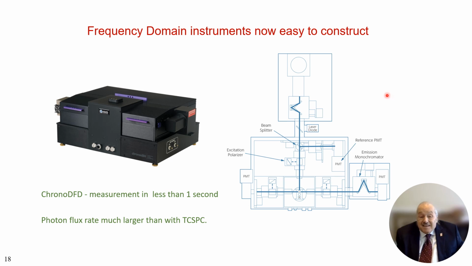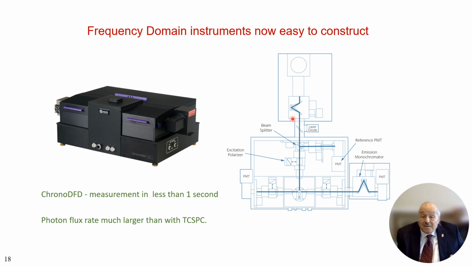Frequency domain instruments are really easy to construct. You can almost build one in your own lab, but it looks exactly like the schematic that I showed you in part 2 for a spectrofluorometer. It has a light source, it has a monochromator to select the emission wavelength. Here it has all of the additions for frequency and polarizers. It has a reference beam, which becomes important, and there's sort of an absolute clock for where the incident light is. The only difference is the addition of an